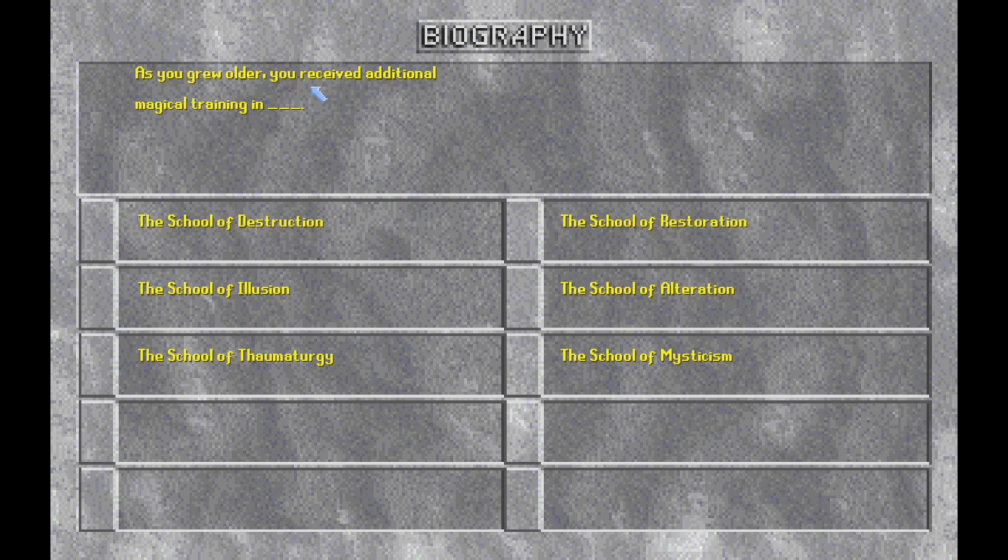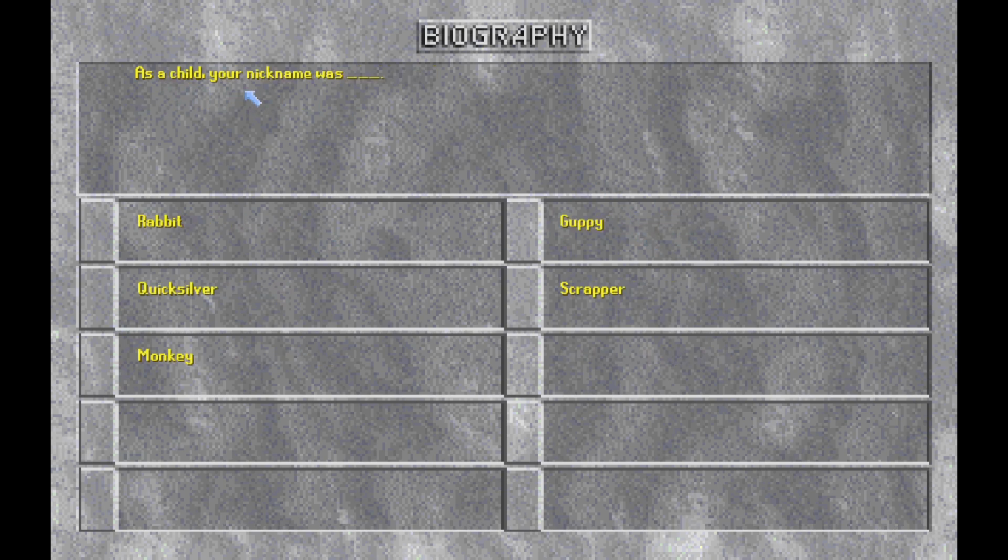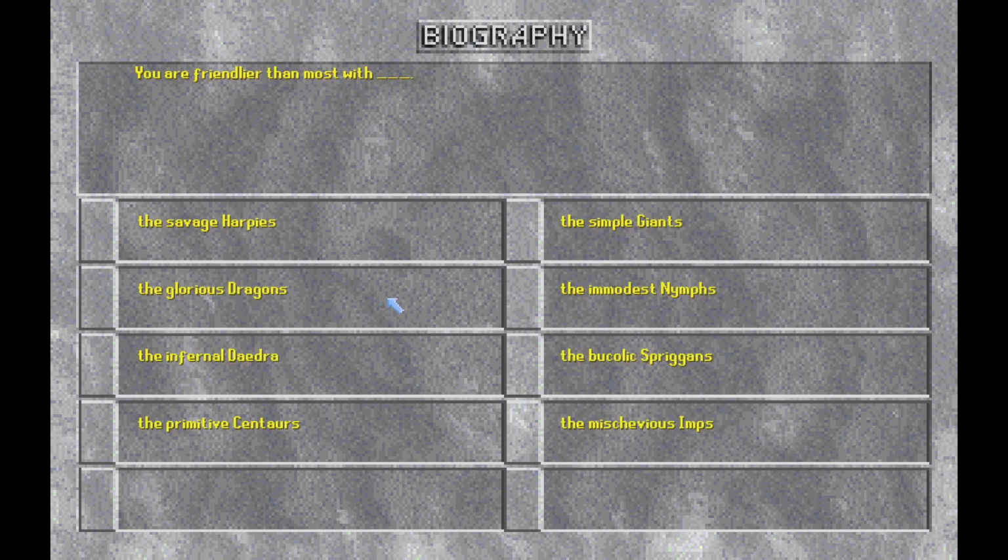As you grow older, you received additional magical training in. Let's just go with restoration, I think. Yeah, I think it's either destruction or restoration. So I think we took destruction on the previous one, so we're gonna go with restoration now. As a child, your nickname was. This is a hard one. Nothing of this actually suits me. So let's just go with Quicksilver because that sounds like something valuable. You are friendlier than most with